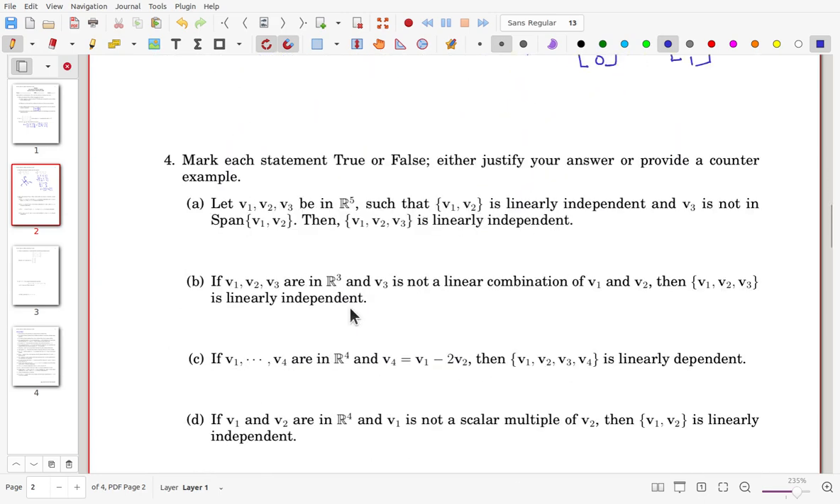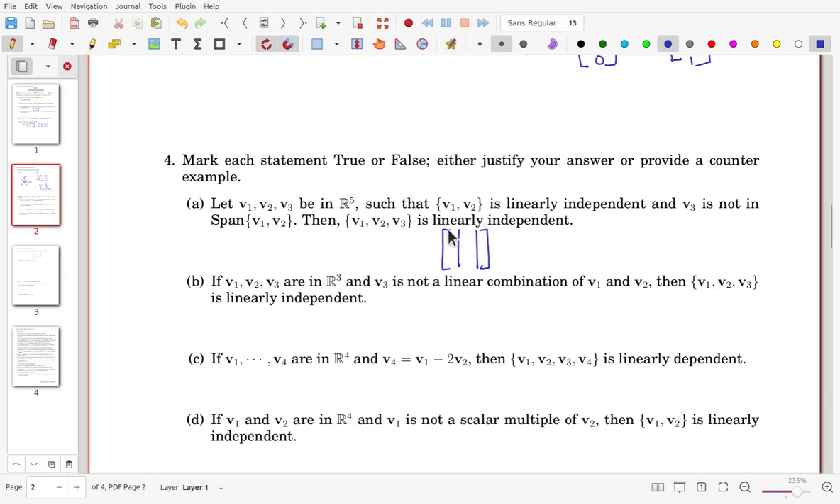Okay, we have another set of true or false problems. V1, V2, V3 in R5, and these two are linearly independent, and V3 is not in span of V1, V2, then V1, V2, V3 is linearly independent. Okay, it is true. The reason is, once you start with V1 and V2,